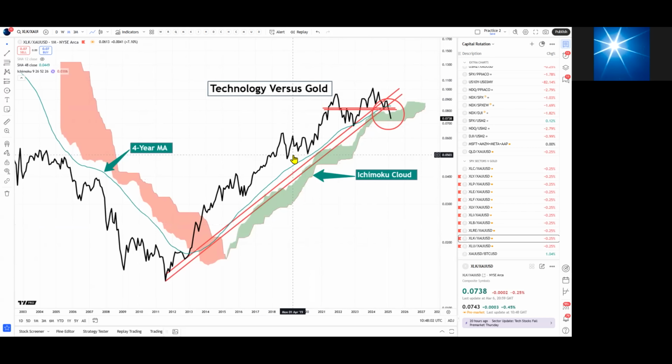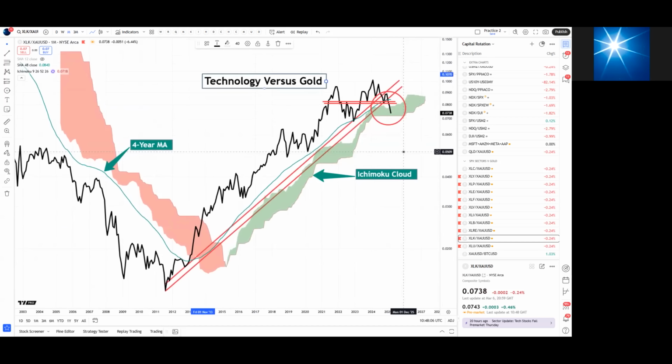So with Nvidia and Microsoft, if they were to drop 50, 60, 70%, then you can imagine the impact that would have. And this chart is now displaying every sign of a clear breakdown. I've marked it with a red flag here, but I would actually like to just see this drop below the Ichimoku cloud to really justify that red flag there. But we're below the 4-year moving average, and the 3-year moving average for that matter. We're below the Ichimoku cloud, we're below horizontal support and resistance.